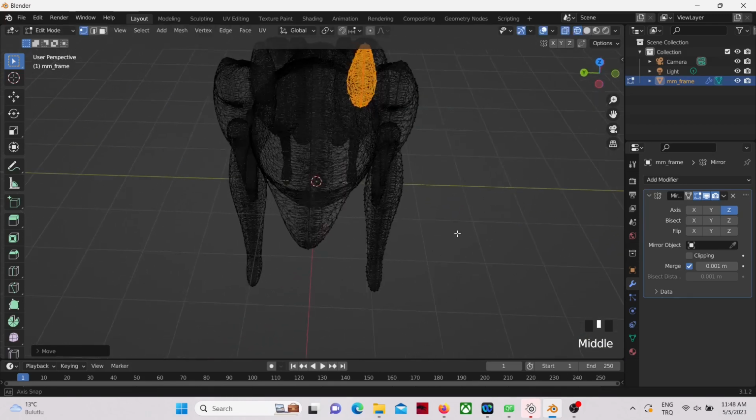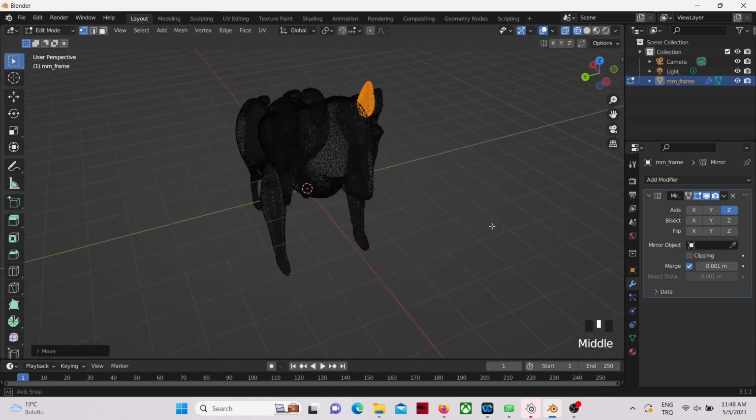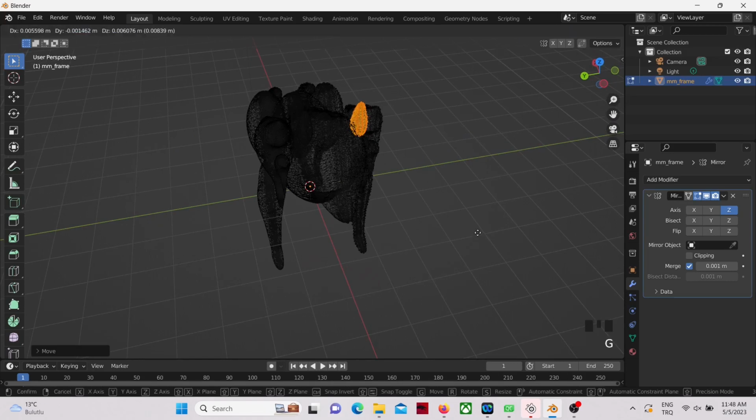You can just use the shortcuts of Blender in order to do that. Now the wolf's ear looks more proper. Okay,